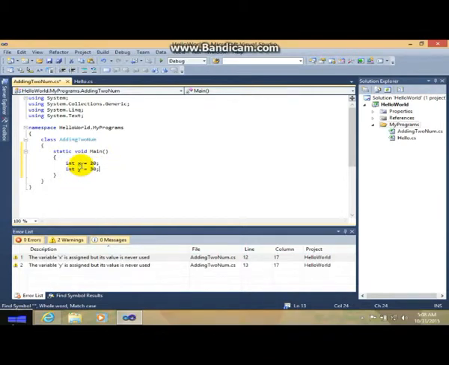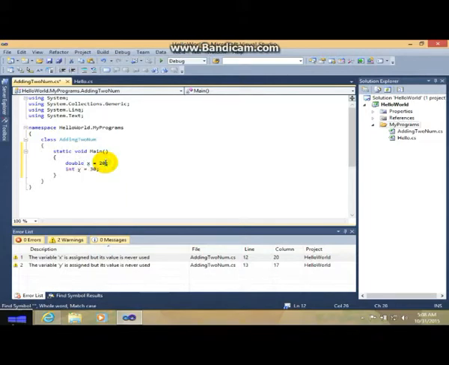I use int because the number is an integer, a whole number. But if you have a number like 1.0, 1.2, 1 point something, like decimals, you will need to change int into double.